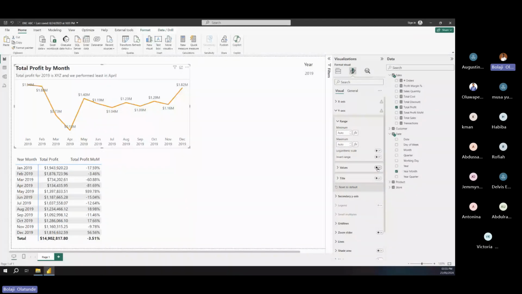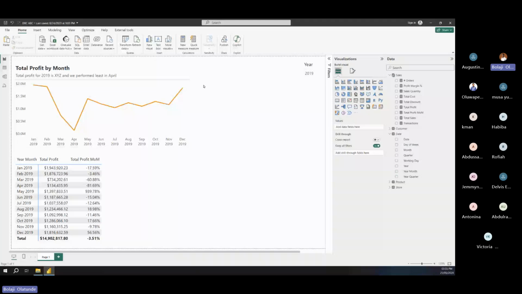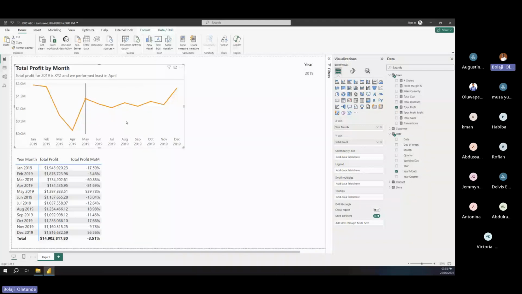So most likely I would leave the y-axis there, take off my series, but then I want to show if these numbers are good or not. What I can do is add, let's say, targets. So let's say we had a monthly target of 1.5 million, or let's say 1 million, for example. We had a monthly target of 1 million. I'm trying to give these numbers some meaning so that they understand if our performance is good or not. Right? We are trending down, then we trended up again, but I want to highlight where we are performing at a target. So I can add a reference line to this chart